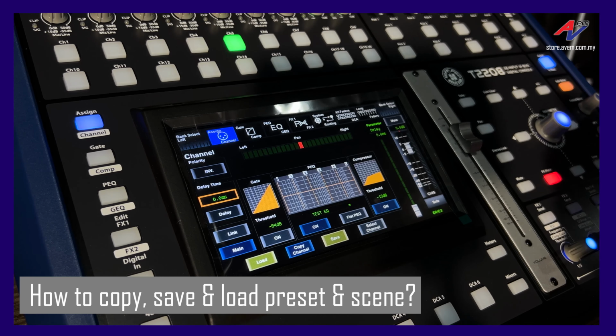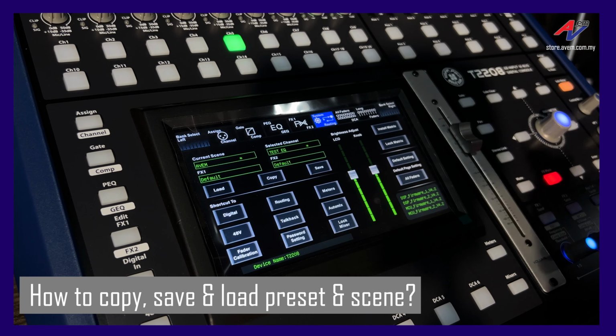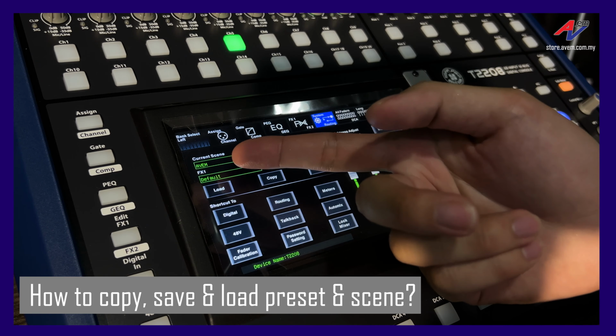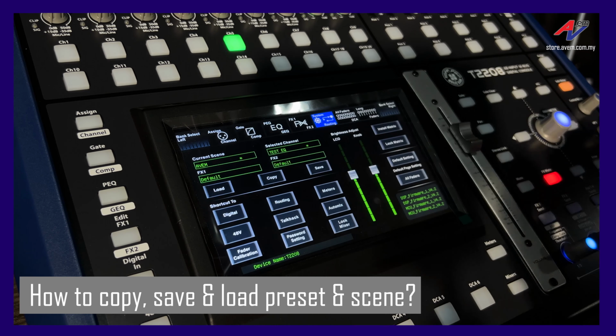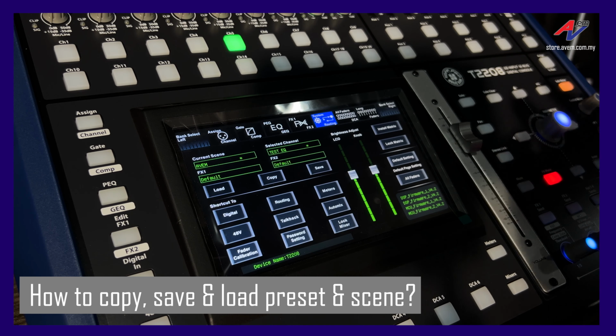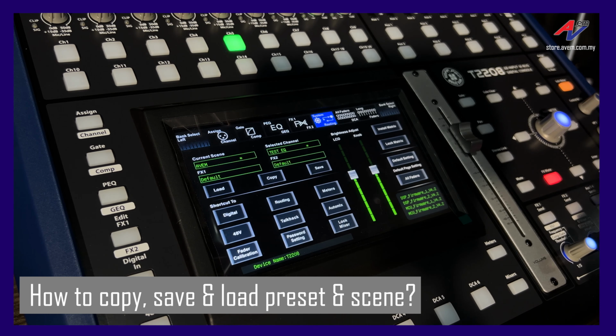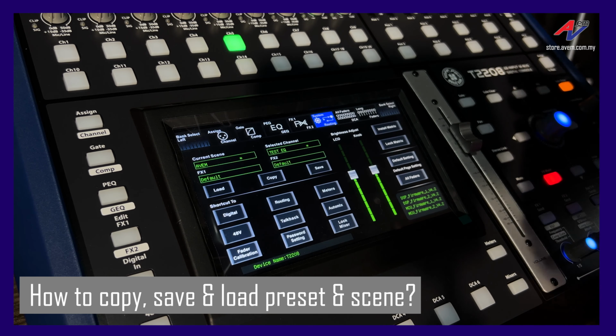Today I'll be sharing how we want to load, save and copy the presets and the scene. So we can go into system here and you can see actually our current scene and our selected channels for the EQ and our FX1 and FX2. So we can save all this into the internal memory of this device and we can recall and load back